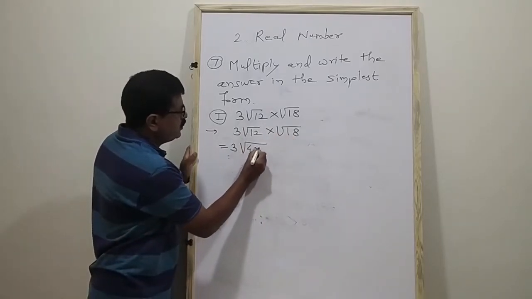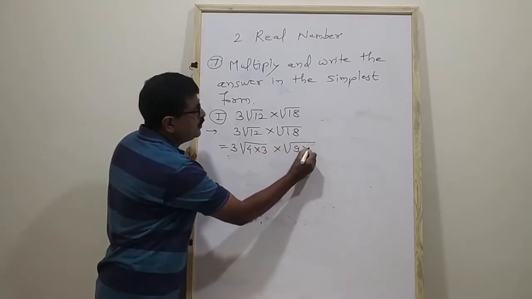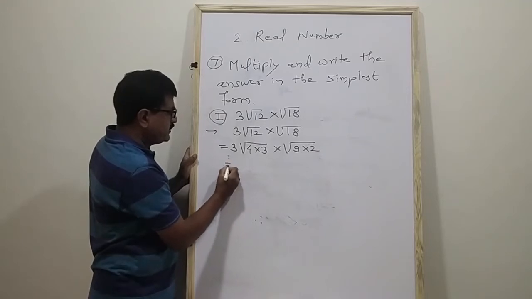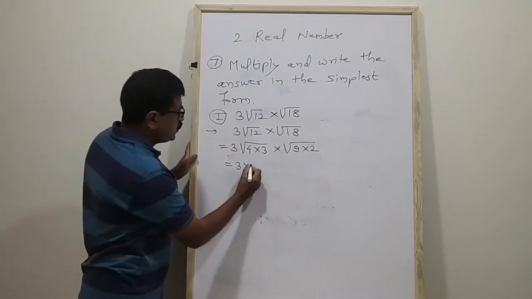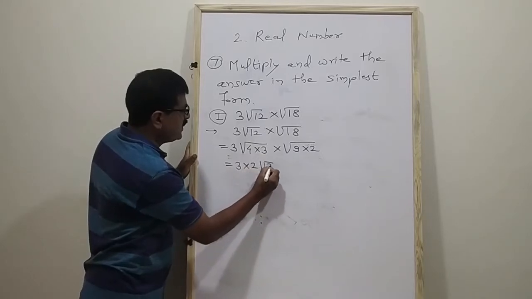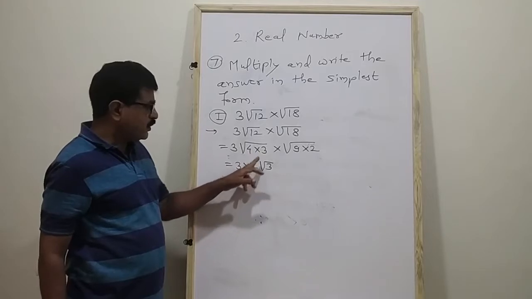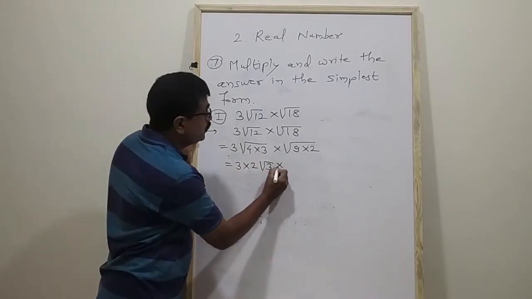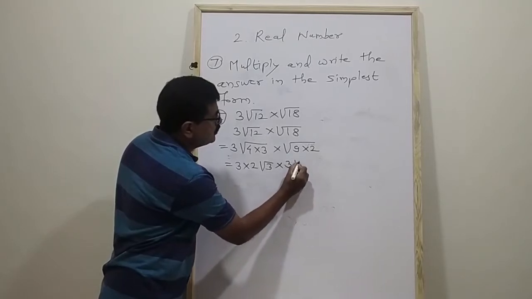Therefore 4 into 3 into square root of 9 into 2 is equal to 3 into, now square root of 4 is 2, square root 3, into square root of 9 is 3, into square root 2